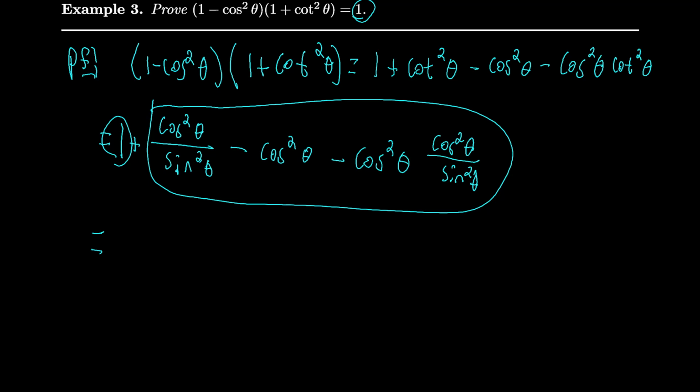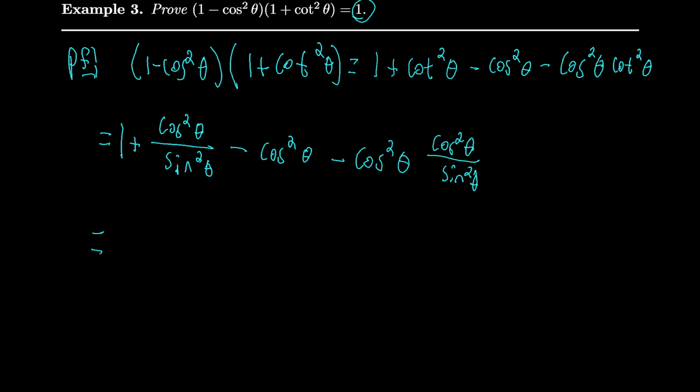What can we do? Well, maybe if we just put everything together on top, it'll all cancel and it'll just work out for us. So let's get a common denominator for all of this stuff. Let's leave the 1 alone, because I know that we want the 1 in the end. That's what I'm trying to say. So if we want the 1 in the end, let's just leave that alone. So 1 plus, I want everything over sine squared. I want a common denominator. So cosine squared over sine